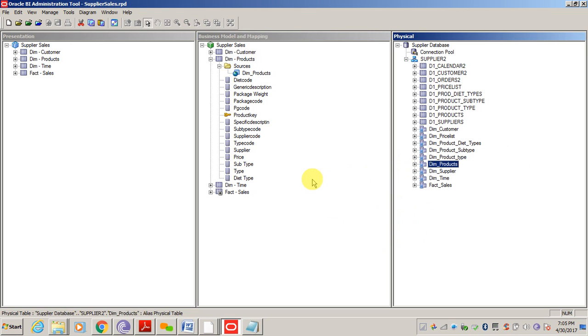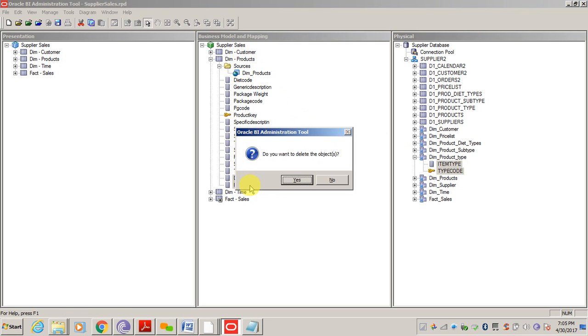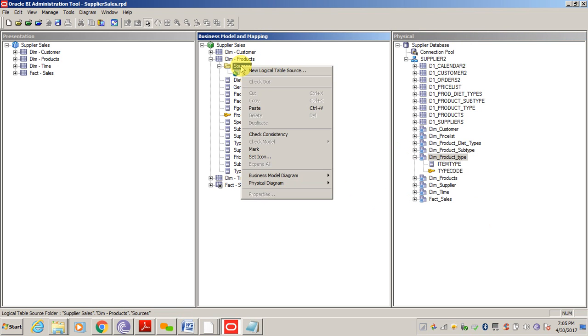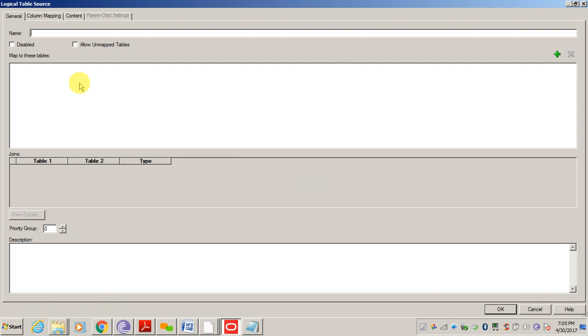Now we will pull product type details. Okay, I need item type and type code as separate columns. So I am going to create a new LTS, name it as product type,